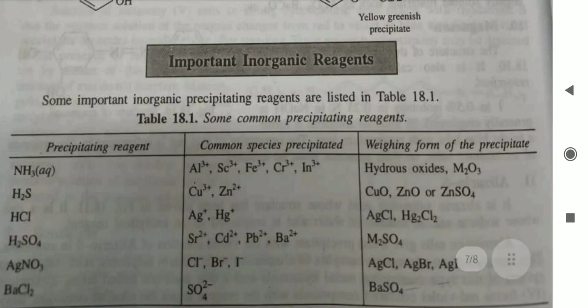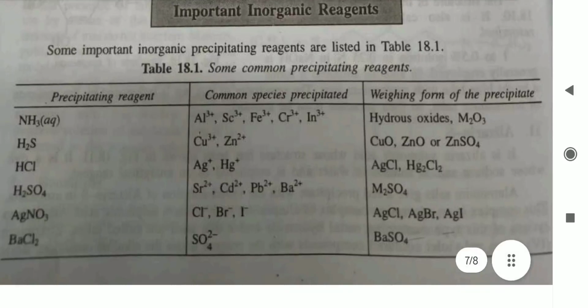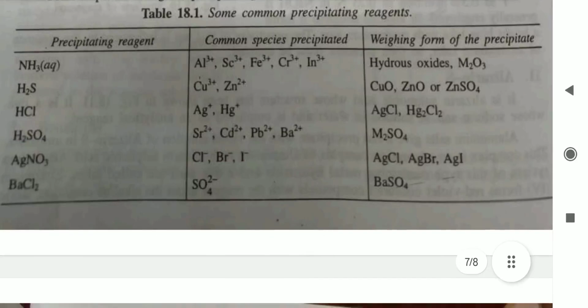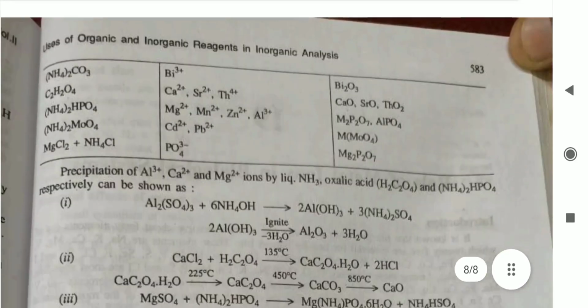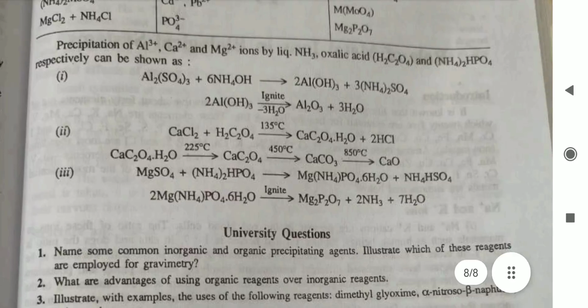Important inorganic reagents. Some important inorganic reagents, precipitating reagents, are listed in table 18.1. Some common precipitating reagents. Precipitation of Al3+, Ca2+, and Mg2+ ions by liquid ammonia, oxalic acid, H2C2O4, and NH4HPO4 respectively can be shown as